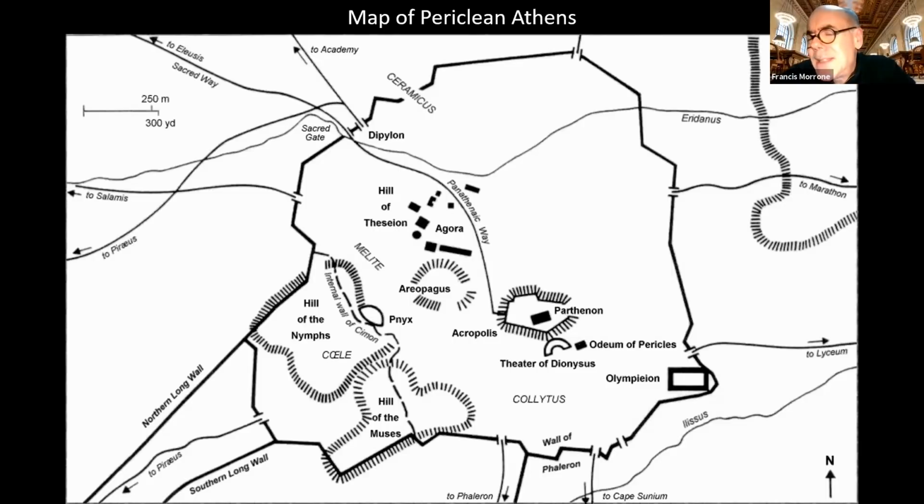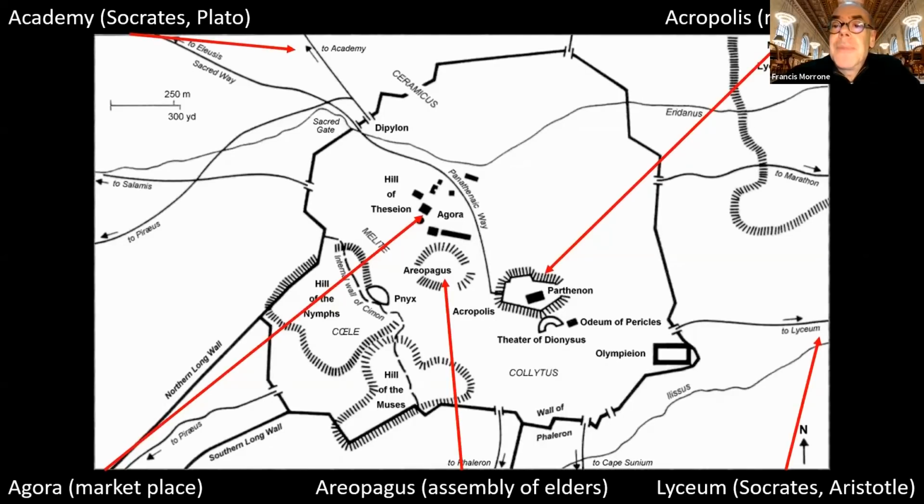So just a little bit down into the right of center, you see the Acropolis, about which you will learn more. To the left of the Acropolis, the Areopagus, and just above that is the Agora. And these are all places that are going to feature in what follows. Here I have arrows pointing to these things.